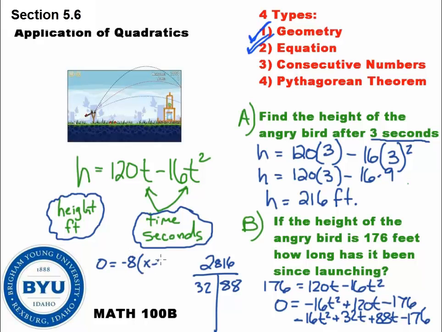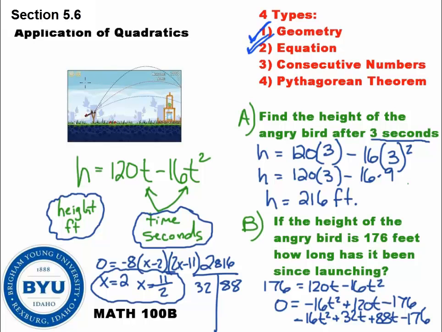There's some common stuff you had to factor out, and 2x minus 11. And so we set each of the parentheses equal to 0. And I get x equals 2 and x equals 11 over 2. And those are our two answers. Believe it or not, the Angry Bird hits 176 feet twice, at 2 seconds and also at 5.5 seconds, which